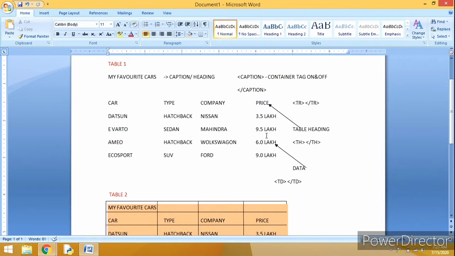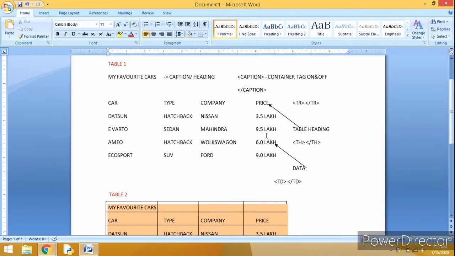Once again I am explaining to you. Table 1 and table 2 both have the same data. Here we are learning how to create the same type of table in HTML. Now, my favorite car is the heading of the table.